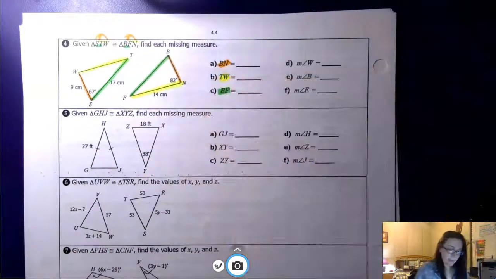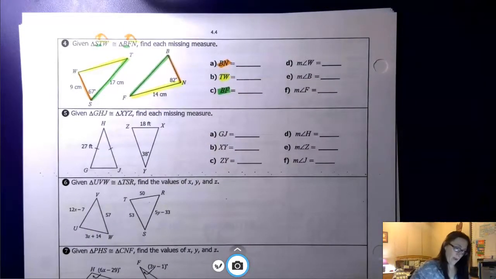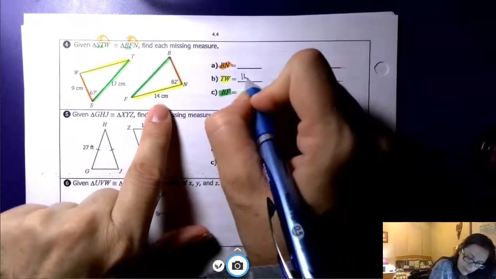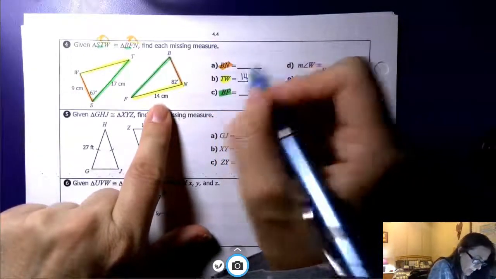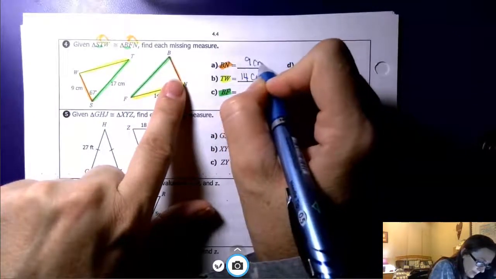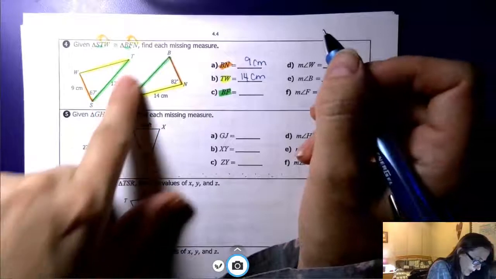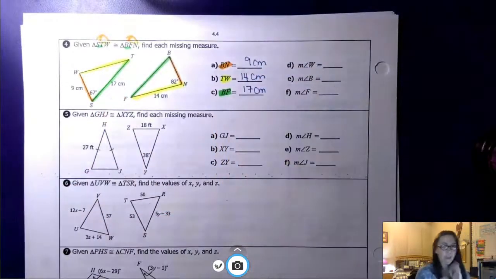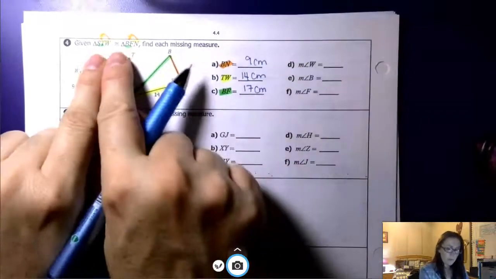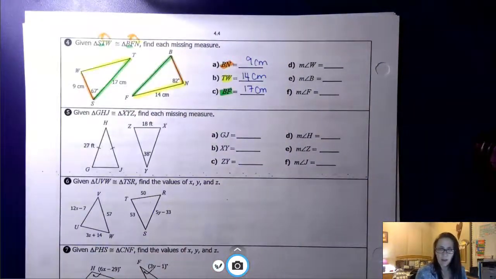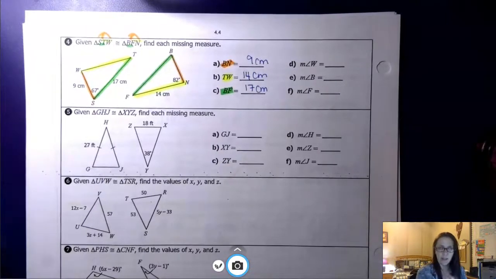So when I highlight those, I can kind of see those answers right away. I know that TW has to be the same as the yellow, so it's going to be 14 centimeters. BN is the same as SW, it's going to be 9 centimeters. And BF and TS are the same, 17 centimeters. So again, the colors just help that you can see them once you have the name. If you highlight or put marks on it, it helps you see it right away and you don't have to kind of go back and forth, and it takes a little while to look at it if you don't